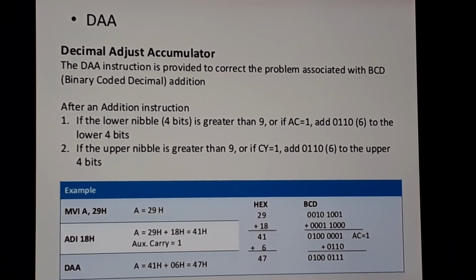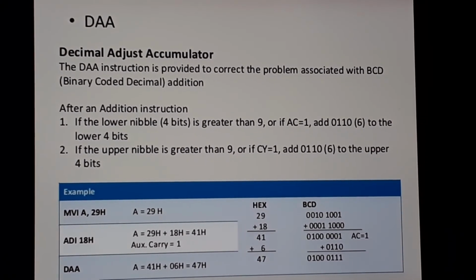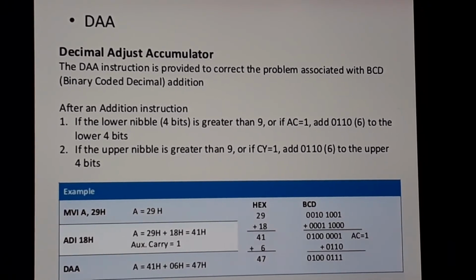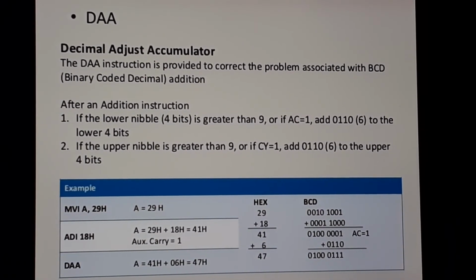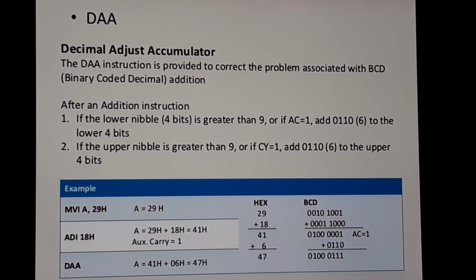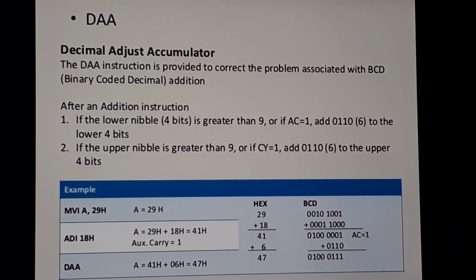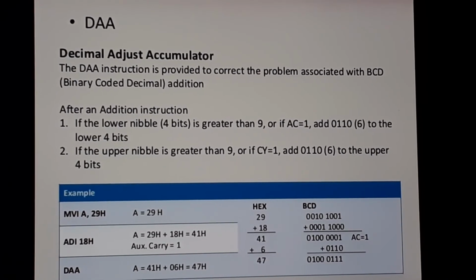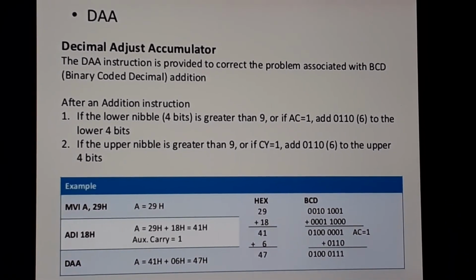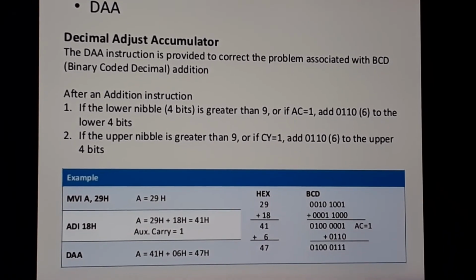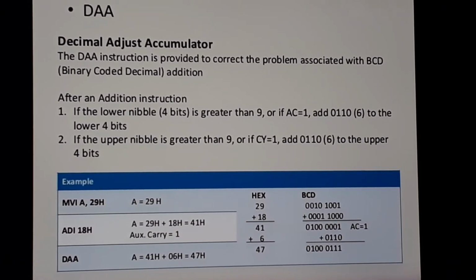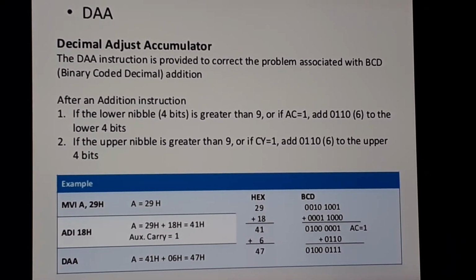And the third rule that you will write is, if both the numbers, that is the upper nibble and the lower nibble, both the higher order and lower order 4 bits, that is total 8 bits, are greater than 9, then you will add 6 to both of them. Okay, so that you will get the perfect BCD answer. Why do we add these 6 numbers to it? So that we get the perfect BCD answer.